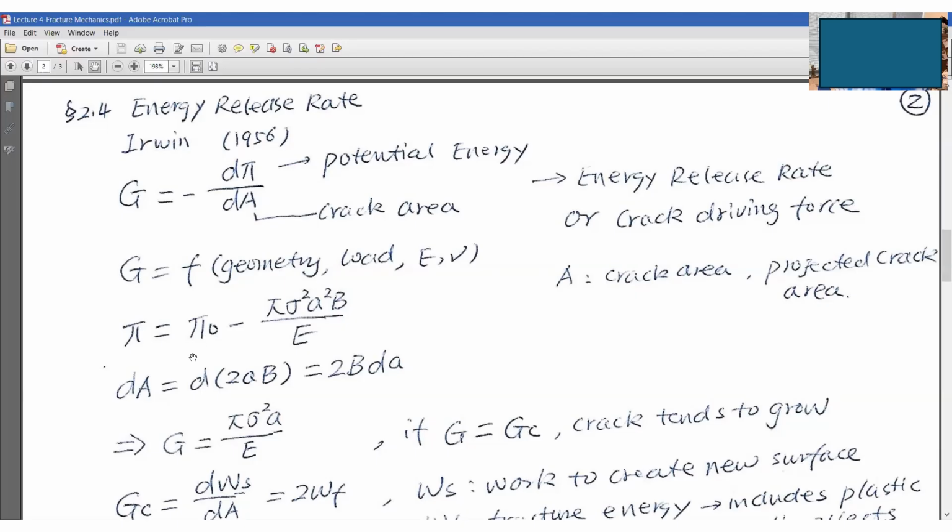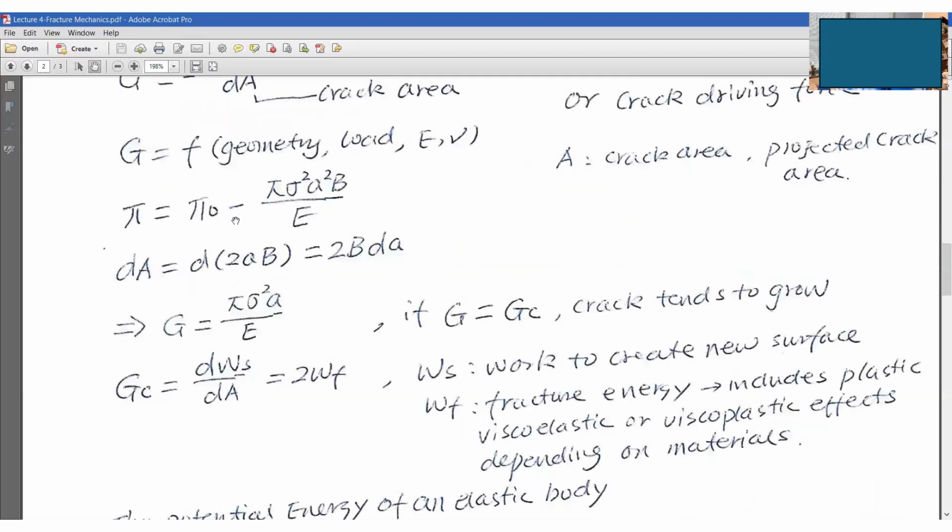Because there is a crack, pi 0 needs to be deducted by this value,